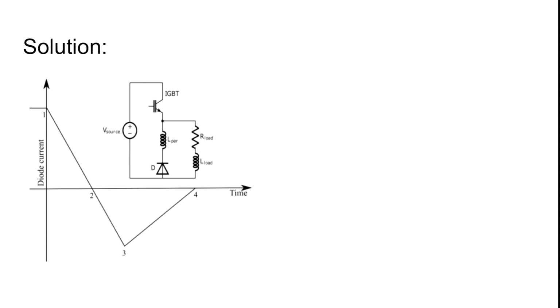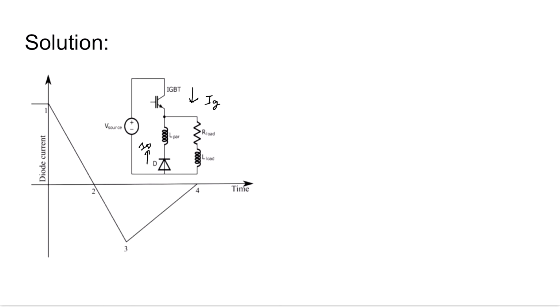Solution. The given circuit simulates the reverse recovery characteristics of a power diode. To analyze the circuit in a better way, we will draw its switching waveforms. But first, let us define the positive directions of the IGBT and the diode current. The convention to be followed is the positive direction of IGBT current IG is top to down, and the positive direction considered for the diode current is from bottom to top, that is ID, as shown on the screen.